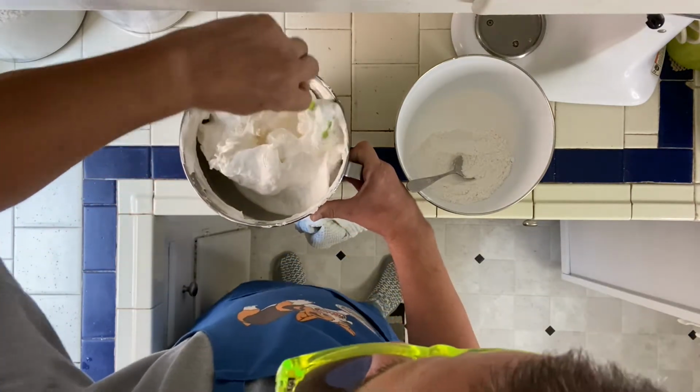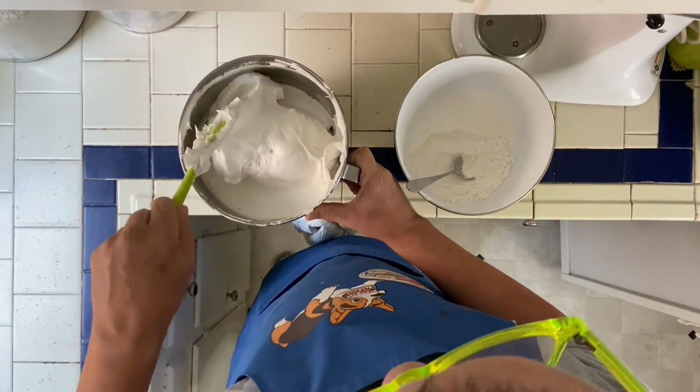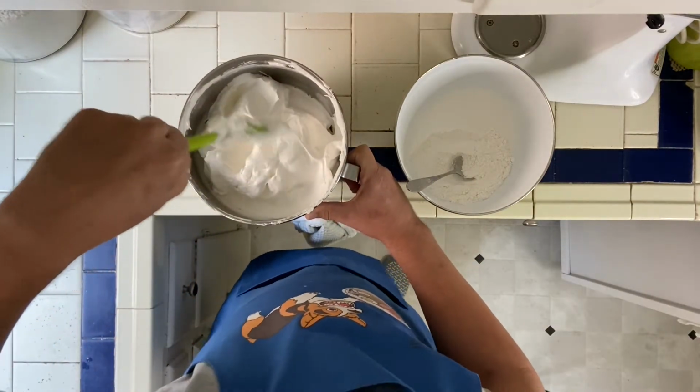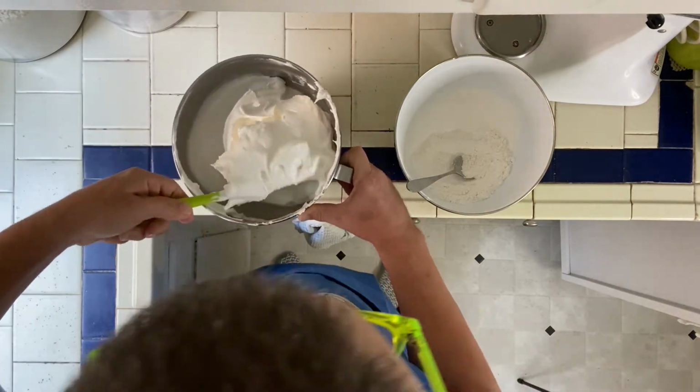So folding is a little different than stirring in that it's not constant. You are simply just, as you can see, folding it over. Whereas stirring, you'd just be going... You wouldn't be making that noise probably, unless you were me, but...